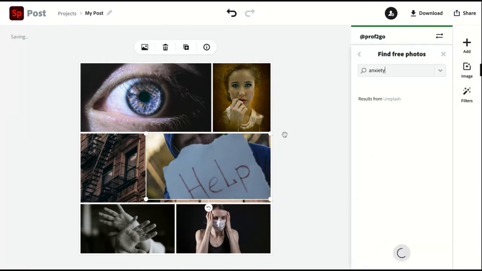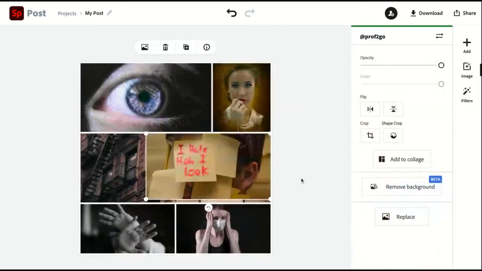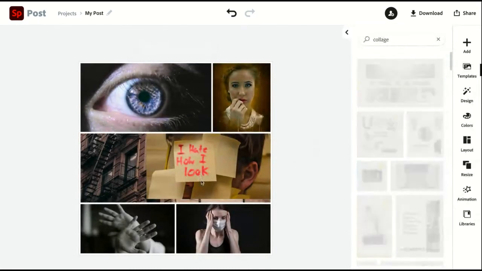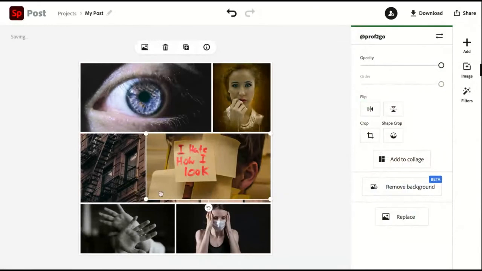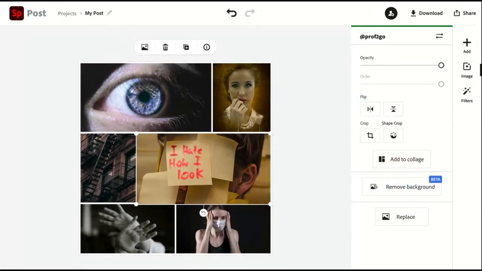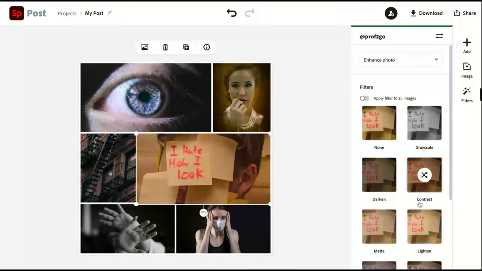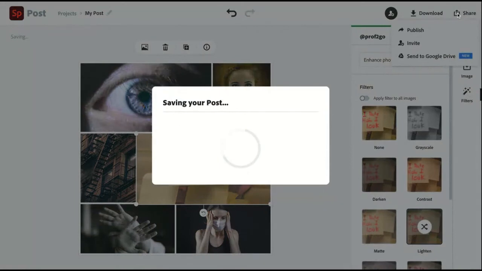You can replace an image with something else. And then finally, again, a lot of young people love filters. You can filter the images, change the color, and eventually you can share those.